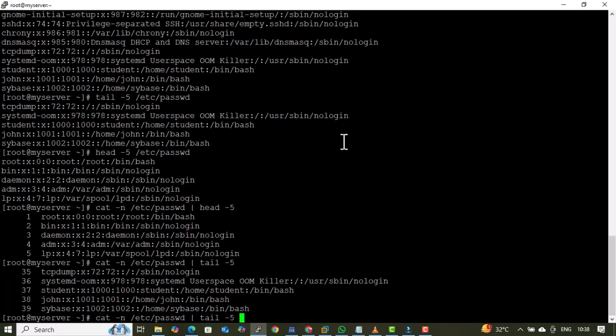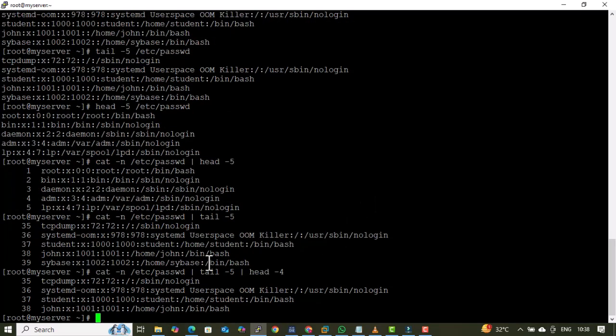And suppose if we run this command, then what will happen? We have given one more pipe. So what is the pipe doing? It is transferring the output to this command and this will transfer the output to this command. Let's see now what will be the output. Now you can see what it has done, because earlier you were trying to paste the output of the last 5 lines and out of those last 5 lines you want the first 4 lines. So in the same way it has printed the output of the first 4 lines.